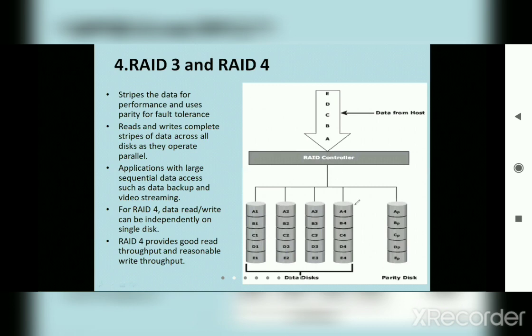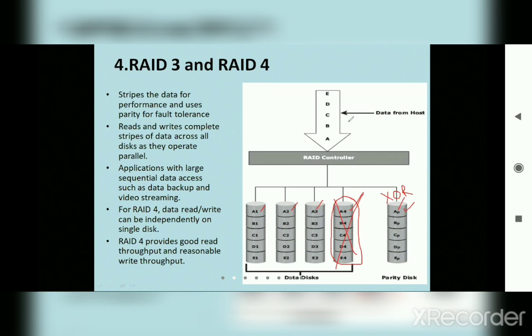Now in case I have this A4, right, and this disk fails. When this disk fails, then this parity disk is going to be applied. It is going to check the contents A1, A2, A3, and then this parity. Based on this XOR operation, once it is performed, the data will be recovered. And please remember how this data will be recovered, because all the data is stored in terms of zeros and ones, right? So this is the benefit of RAID 3 and RAID 4 levels.